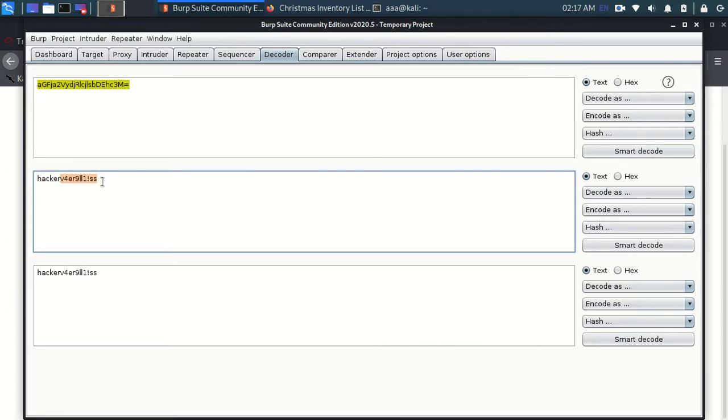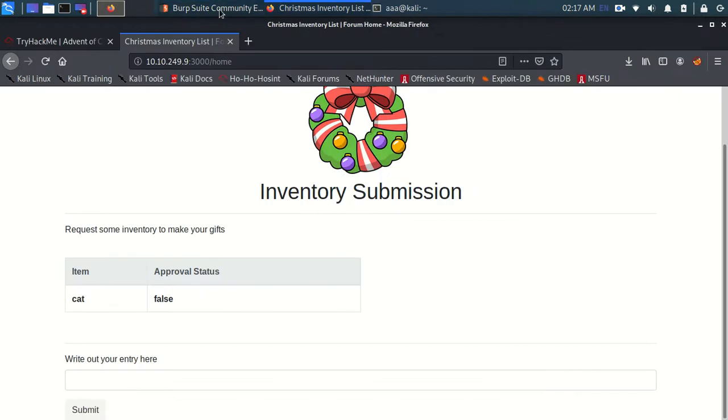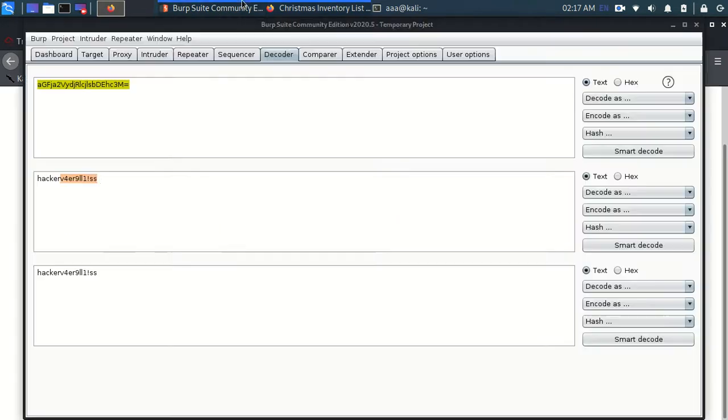Now you might ask, how do you know that all of this is a constant value? How I know is, if I try a second account, for example with the username AAA, then this is the cookie I get.